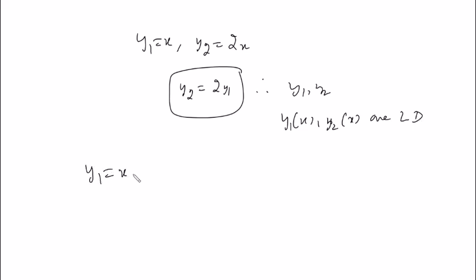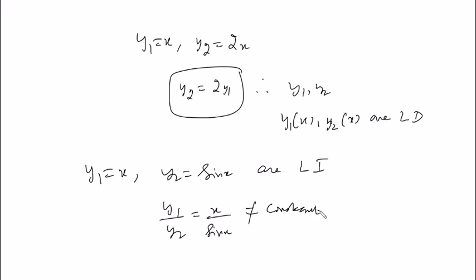Okay, now the next example I am giving you. You need to tell me. One is x, one is sin x. So they are not linearly dependent. That's why I told you it's very easy to see for just two functions. Just take the ratio. If the answer turns out to be a scalar, done. Otherwise, no. So sin x is never a scalar multiple of x. So these are linearly independent. You can take the ratio x by sin x. It's not a constant. It turns out to be a function. Therefore, they are not linearly dependent and hence linearly independent.